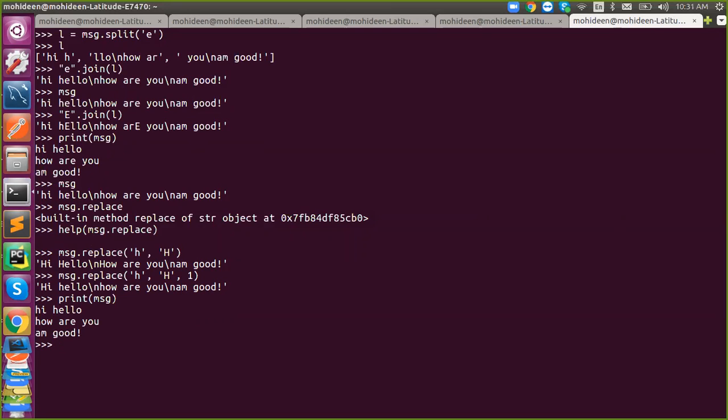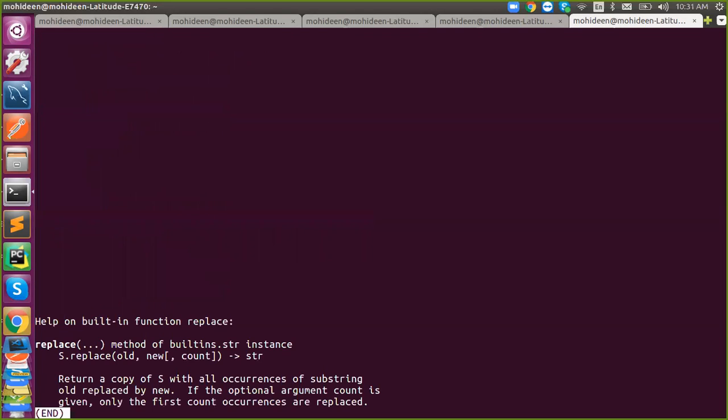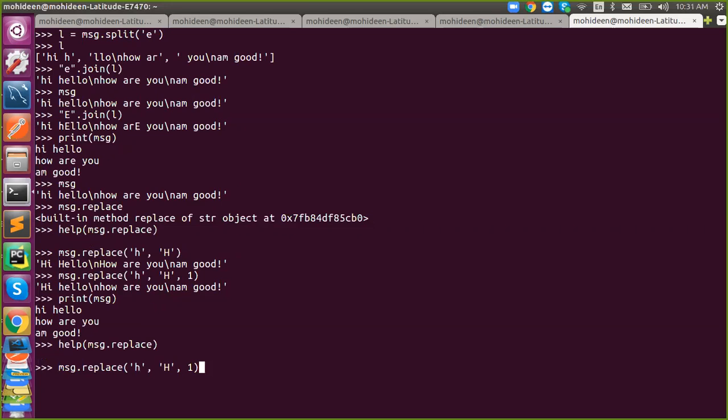So thank you for that. I think people are remembering. Because string is immutable, and whatever you use as an attribute, they clearly mention even in the documentation that it will return a copy of your string. It is just a copy. If you want the change, use the assignment operator to store it. That's it. Understand?